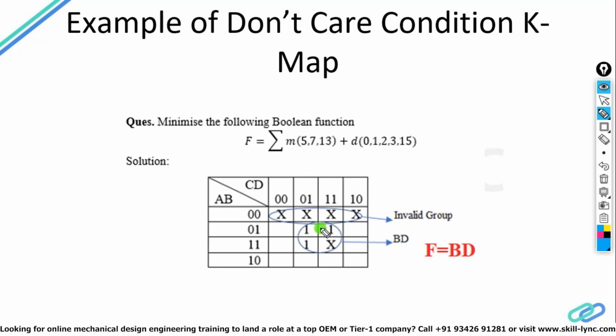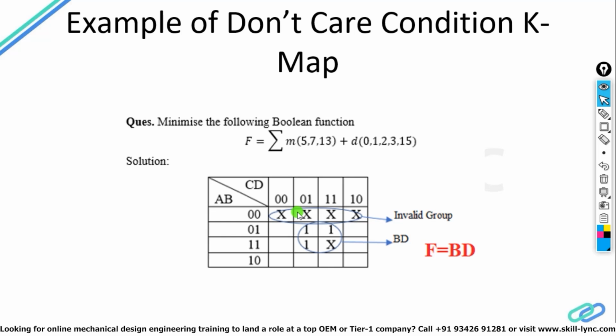Otherwise, you are left with only 3 ones. 3 ones are not allowed to make a group, so you would have to make a dual pair. By taking the crosses, you can make a bigger pair. And one thing more, you cannot make a pair of only crosses, because we cannot make a pair of only don't cares. That will be an extra pair. That is not allowed. Our motive is only to cover each and every minterm or maxterm rather than cover each and every variable. Okay, you're getting my point?